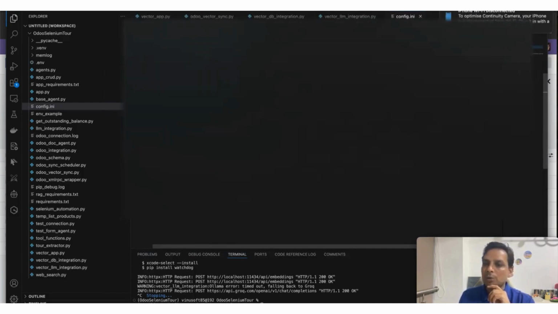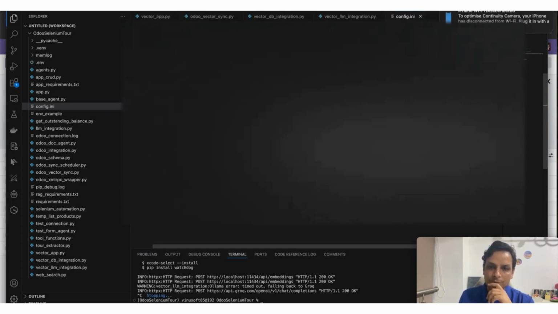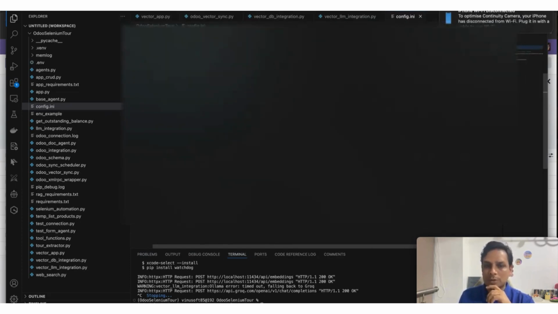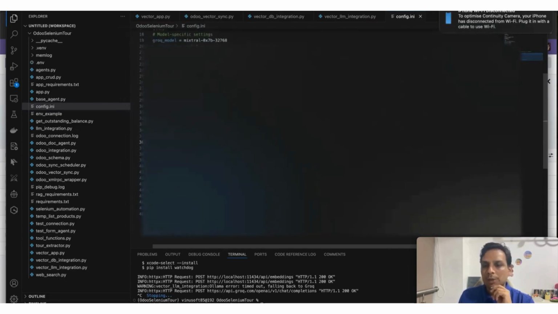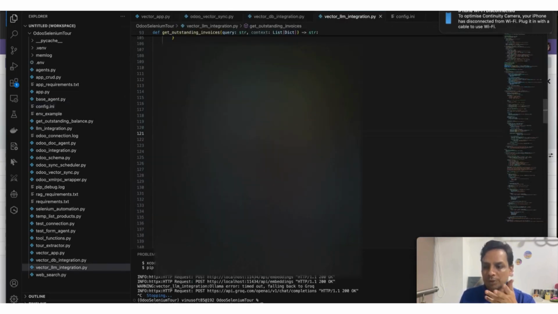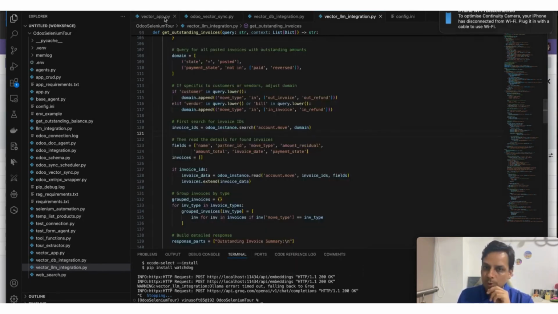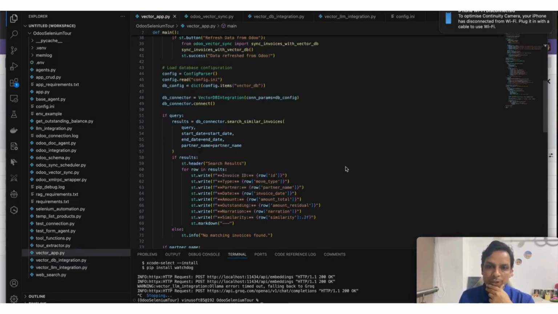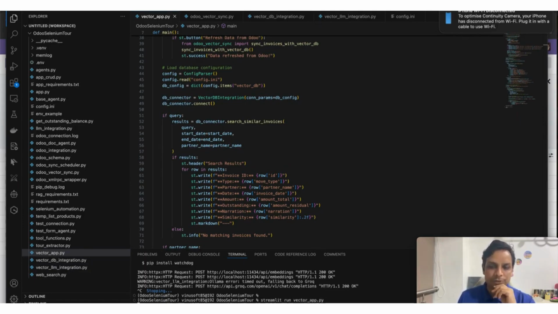I have added Odoo itself as a Docker installation, where I use the PG vector connectivity, plus a few specific API keys and so on, but that is related to the configuration. We can add it as a secret. So that's it. I just need to run it and quickly show you how it works, and accordingly we can proceed further. So I'm just running my